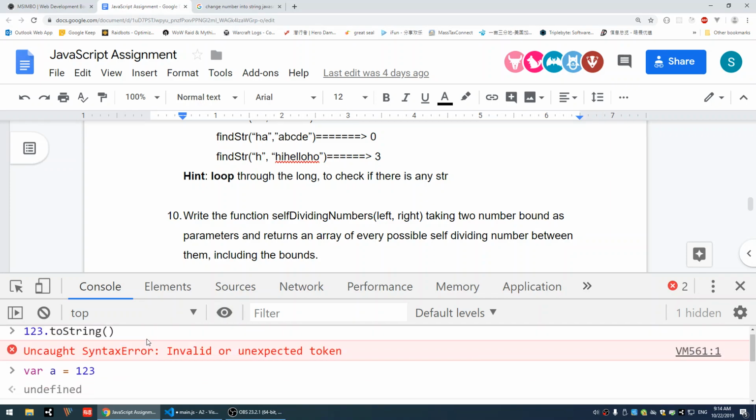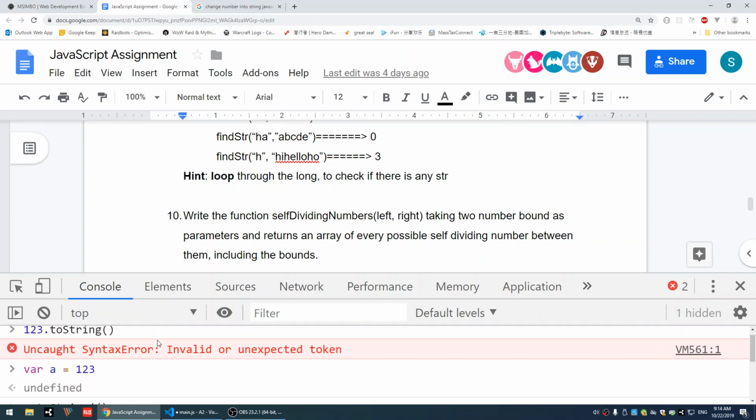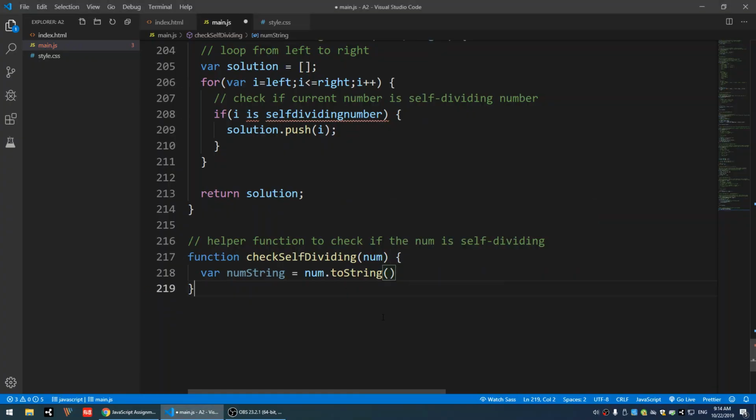Oh, I need to call it on the variable. Yeah, I think it works. I can just use toString here. Yeah, it should work. I'm going to change a num into a string, so 123 becomes a string, and then some comments: change number into string format,